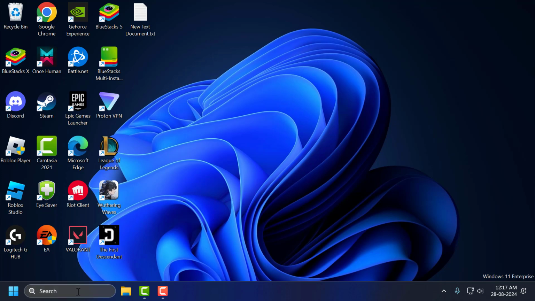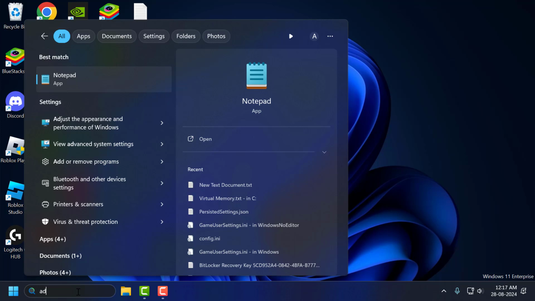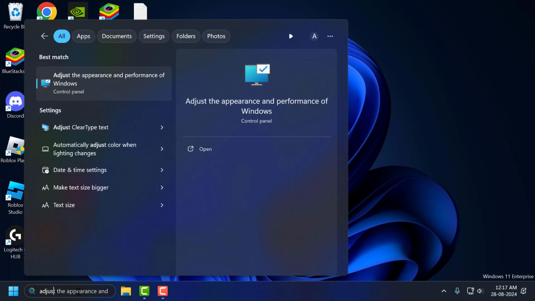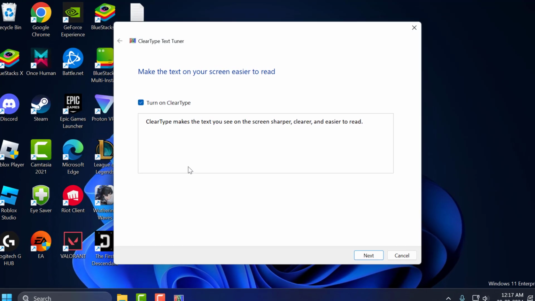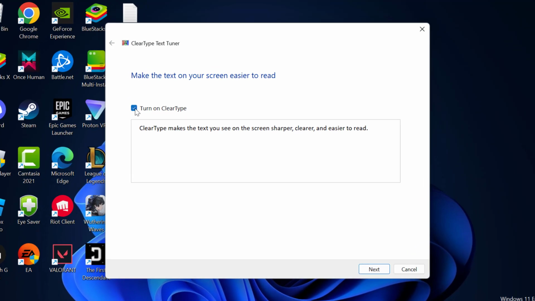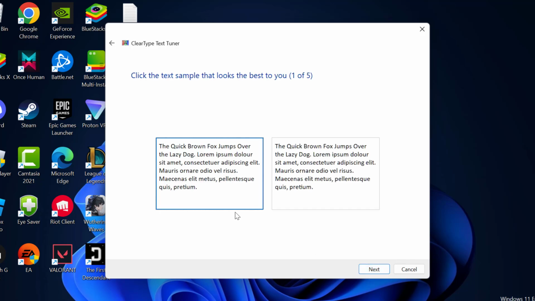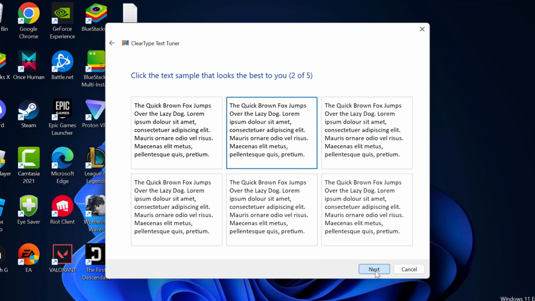You just need to go to search menu and type adjust. Adjust ClearType text comes up. Click on open it. You just need to check mark this option, guys, turn on ClearType and then click on next. In these next steps, you just need to select the best text for you and then select next